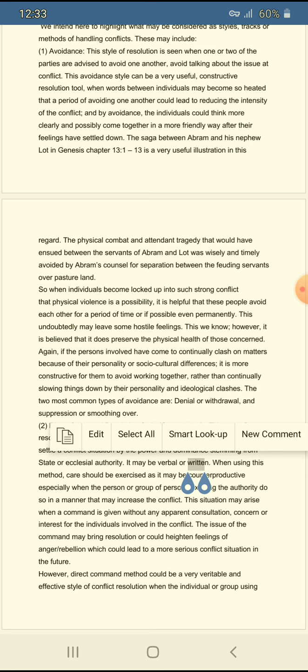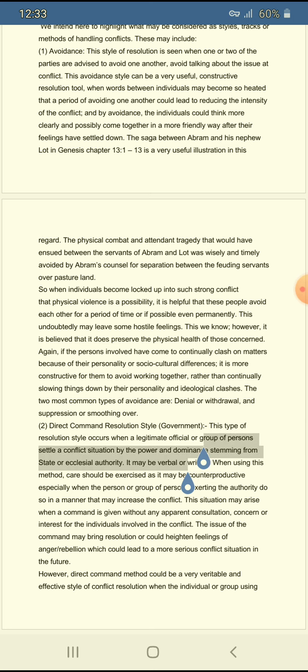We can see the aspect of avoidance between Abraham and Lot. There were feuds, and he said, don't let these people cause a fight between the two of us. So choose a path. If you go left, I will go right. If you go right, I will go left. And that's a system we know as avoidance. So we can advise that people should avoid each other at least for some particular time until the anger, the temper, has settled, when one of them will be reasonable. That is the avoidance technique or avoidance method.